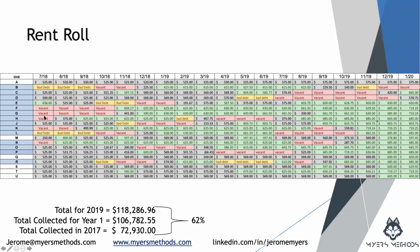So you'll see that we took this over. Everything was renting at $525. We started getting some new folks in at $625, $630. And then when we changed property managers, we were able to start getting some folks in at $685. And so you'll see over here